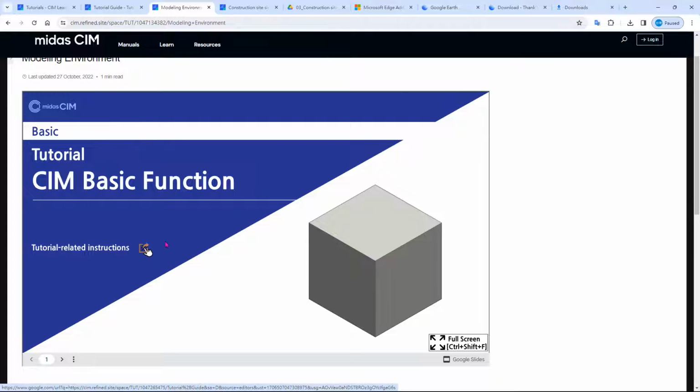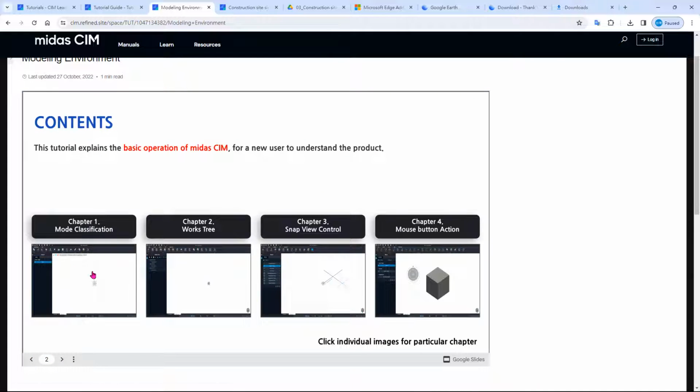CIM module. Okay, in here we can see the subchapters, chapter 1, chapter 2, chapter 3, and chapter 4. So this is just like the mode classification. So if you have point library, curve library, and assembly, I will explain to you further later.